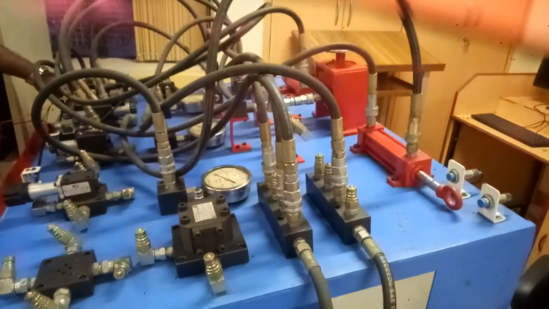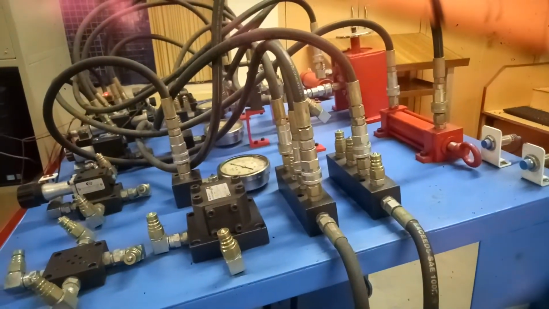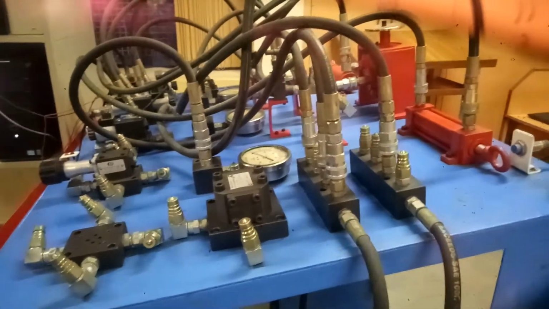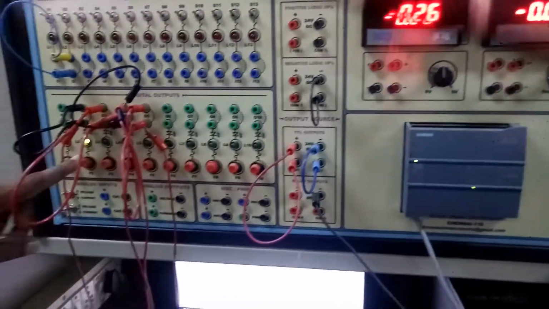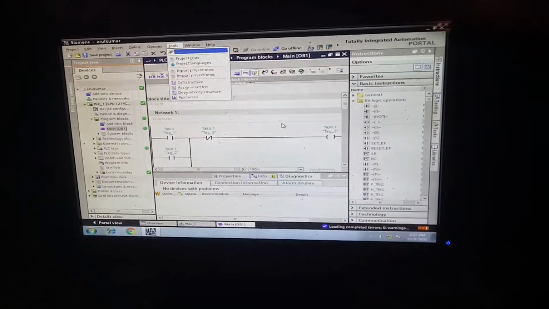If you want to change any sequence, just change the connections on the PLC panel board itself. If you change the positive and negative connections, you are able to get the actuation based upon the sequence of A plus B minus. But the PLC can produce 4 outputs constantly for each time delay. If you want to see that, press Alt T,